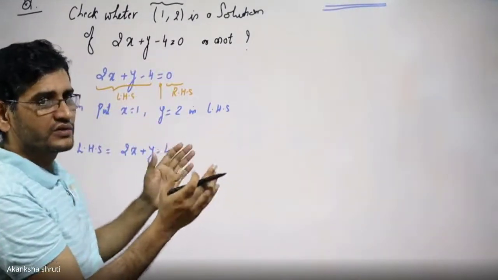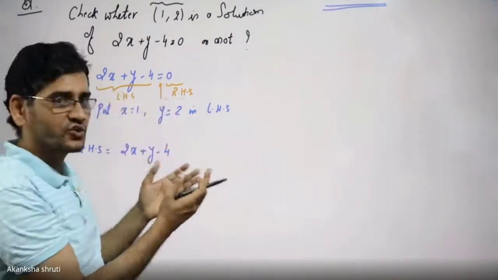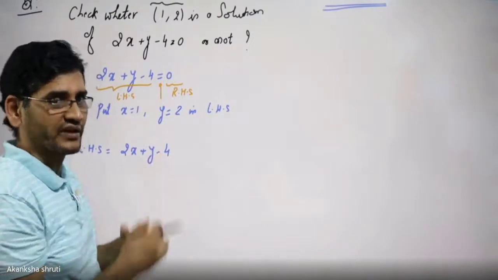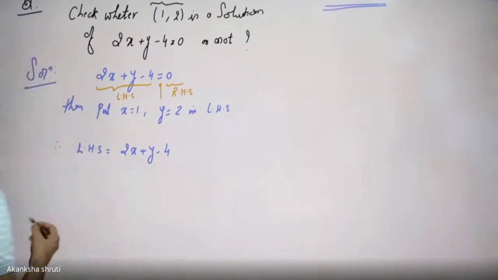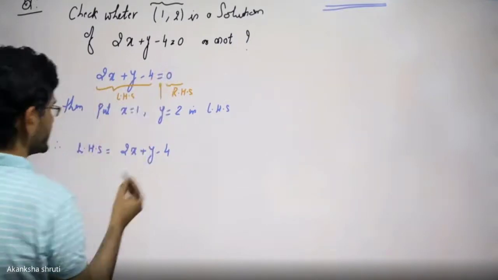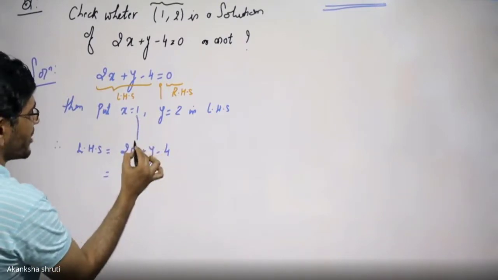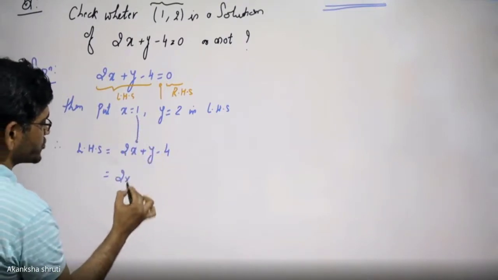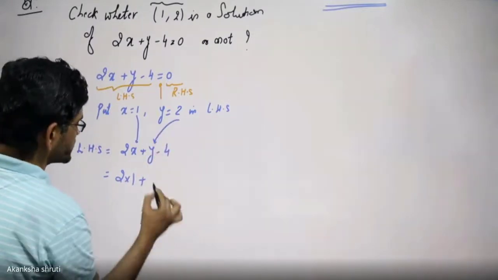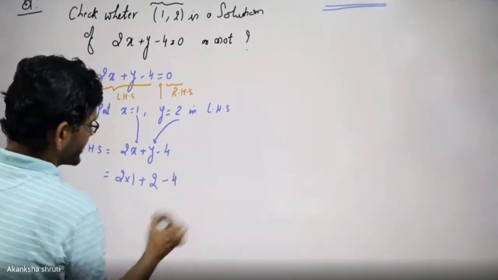Though in many books, some students are in the habit of carrying this together, you may carry it, marks are not deducted in examination, but that is not the better way of solving mathematics. So if it is in the equal form, take everything on the left hand side and go for substituting. So in place of x now we will put 1. So 2 into 1 plus, in place of y we are going to put 2. And the 4, we have to take as it is.